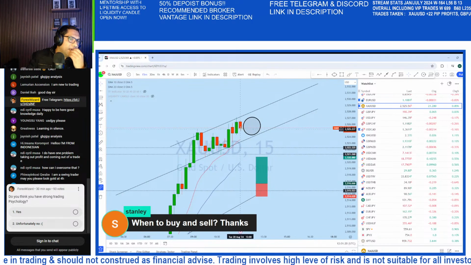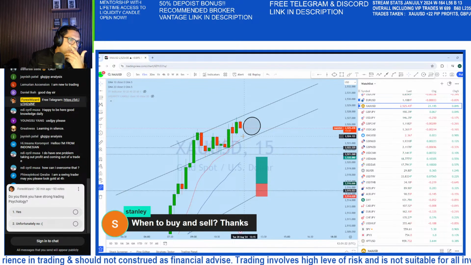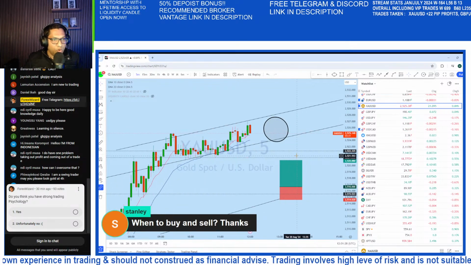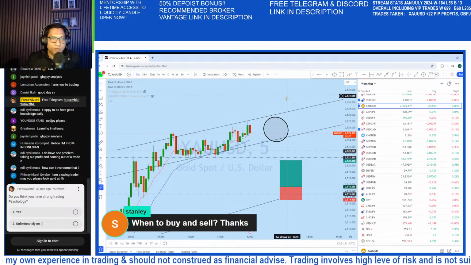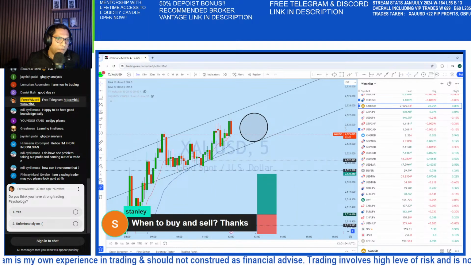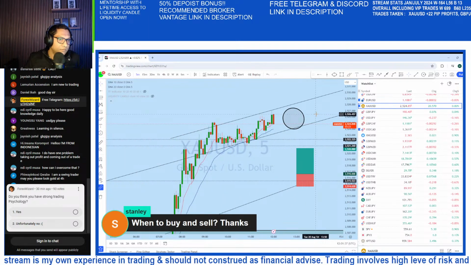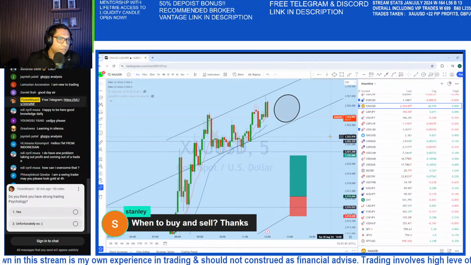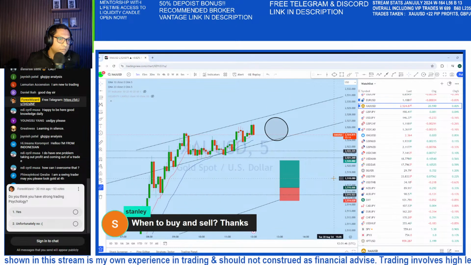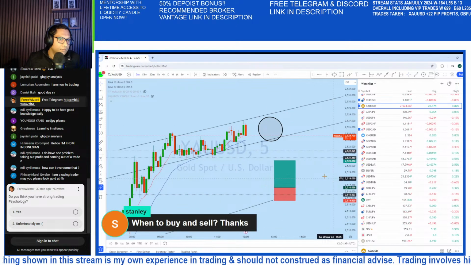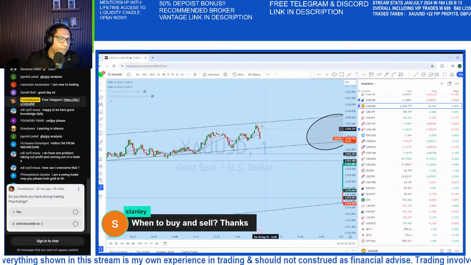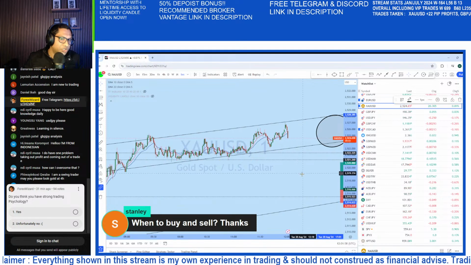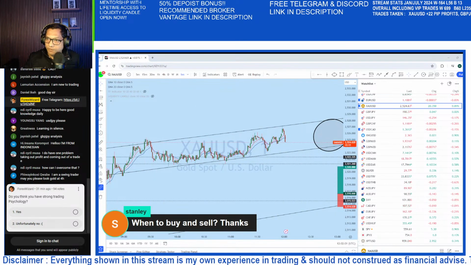Okay, you can see it's breaking below again. We need to see a break of structure for potential entry, which is the main thing that I'm looking at on gold. A break of structure, then we can look for potential entry. Okay, so 1 minute chart. Let's keep an eye on the 1 minute for any kind of potential break of structure. Then we can look for entry.